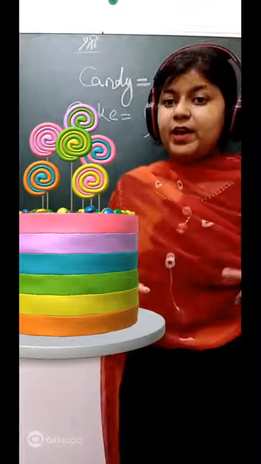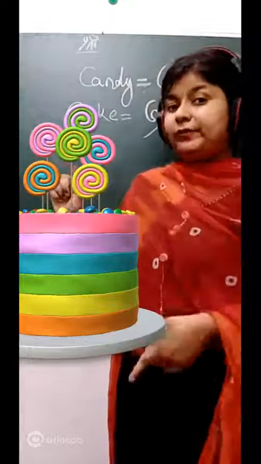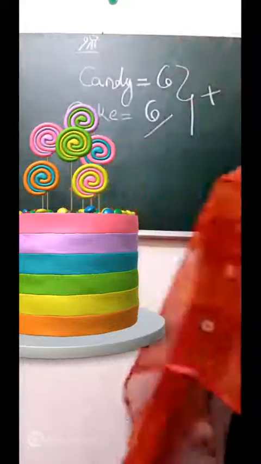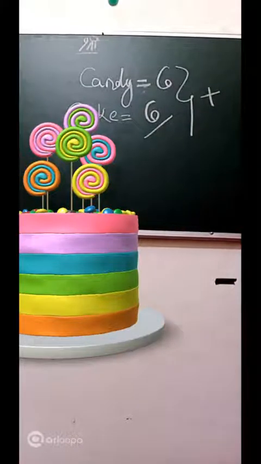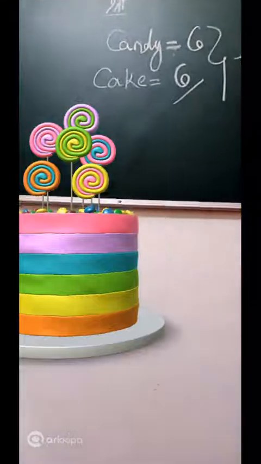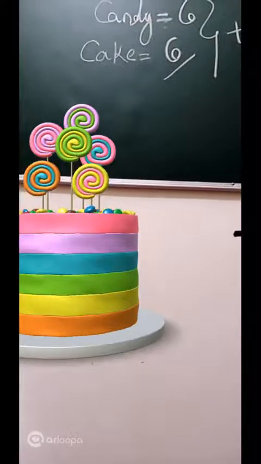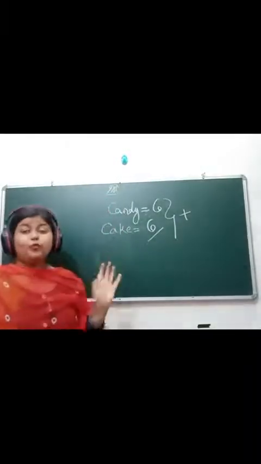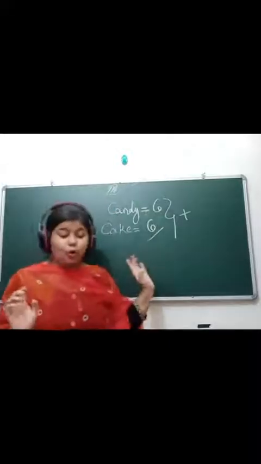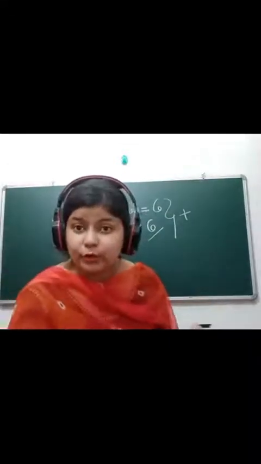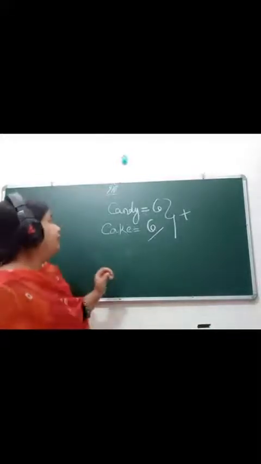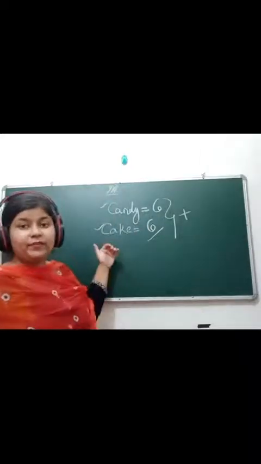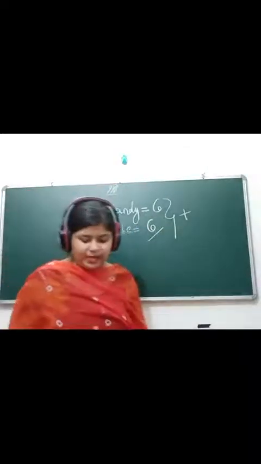Okay, so today we will find out the cost of this whole cake and then we will move ahead with our lesson. Okay? So class, let us start with this cake thing. So what we have to do first, we have to find out the cost of this whole cake. Okay, so as I have told you that this cake is made up of candy and cake. There were 6 different color candy on that and then 6 different layers of cakes. Okay, so let us find out.